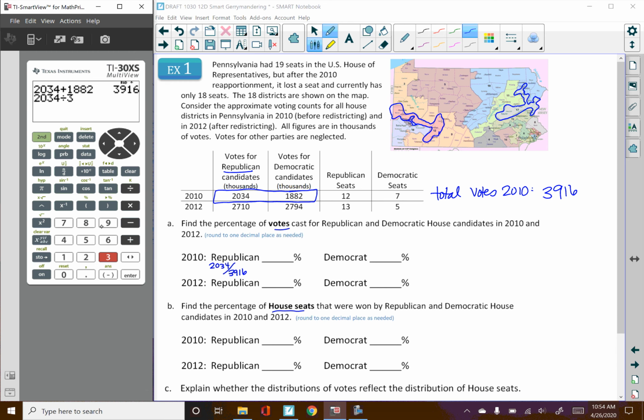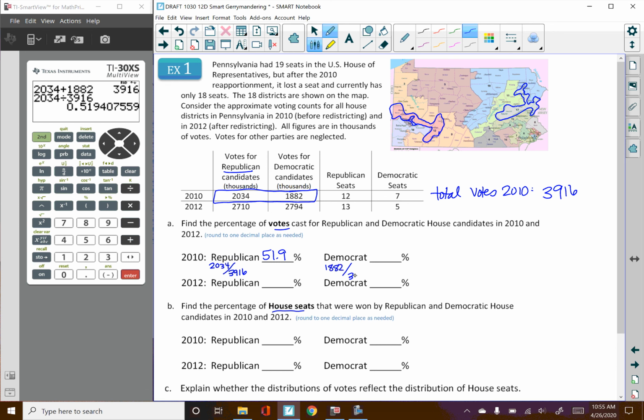2,034 divided by 3,916 gives us, and this is a percentage in decimal form, and we want to round to the nearest one decimal place. So we're going to report that percentage as 51.9%. Now to find the percentage for Democrats, we can do that same thing, divide